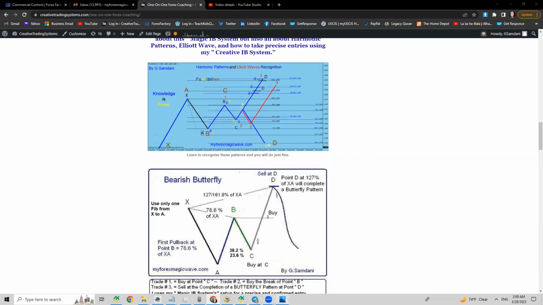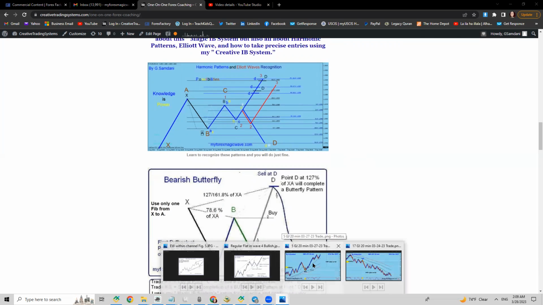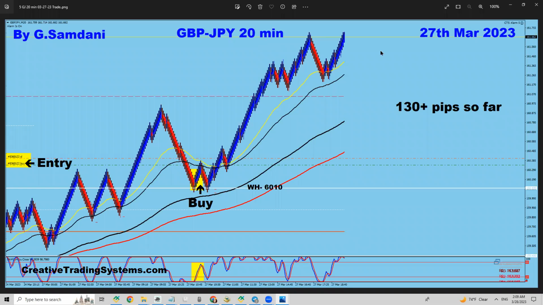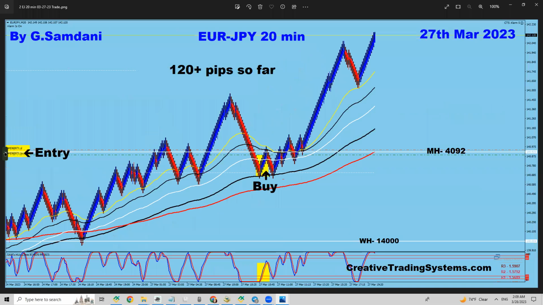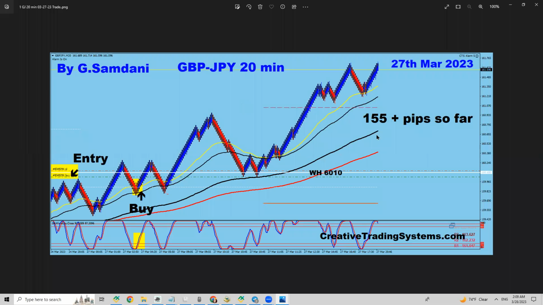Just like this one, I'm going to show you again. This is only today, Pound Yen, 130 pips, which with one standard lot is $1,300, right? This is gold, but forget about oil, this is $1,200 right there. In one day, I'm talking about this $1,500, this one. So imagine that you are paying $1,000 for coaching, and then you'll be able to do this